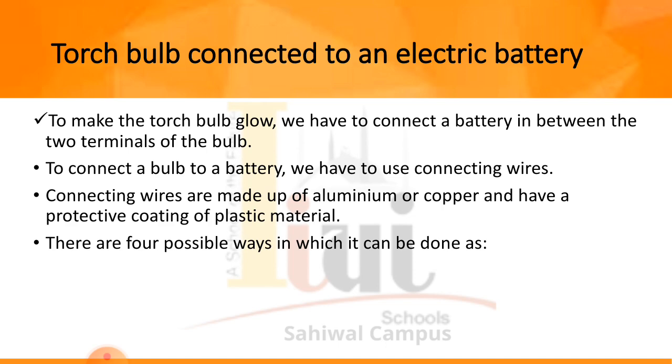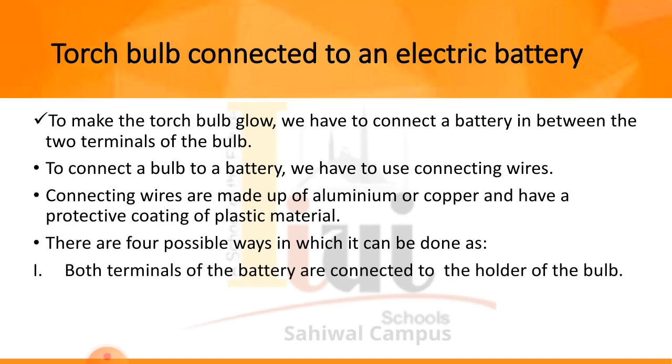So they provide a connection of a torch bulb to a battery, and if the wires are connected in the proper position and the flow of current is in the proper direction from the positive terminal to the negative terminal, then the bulb will glow and this will show a complete electric circuit. A torch bulb has two terminals and a battery has two terminals too. So we can say that there are four ways in which the bulb can be placed in an electric circuit.